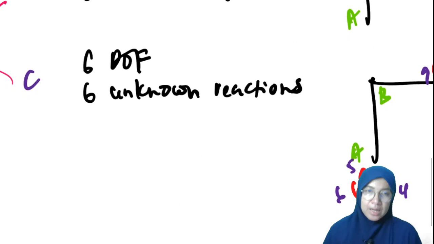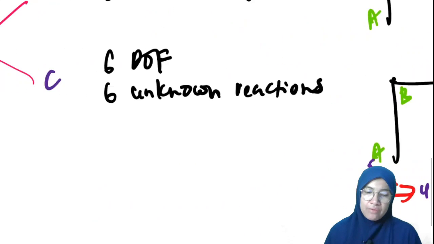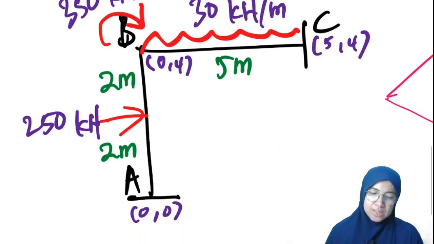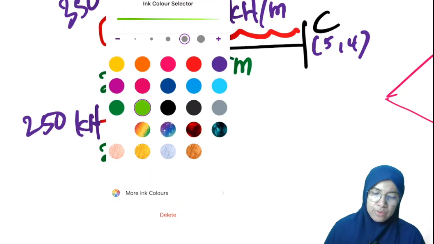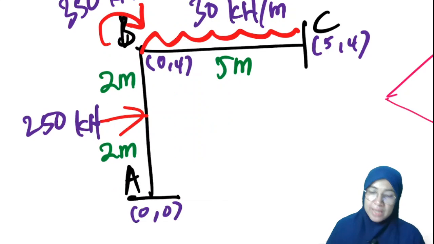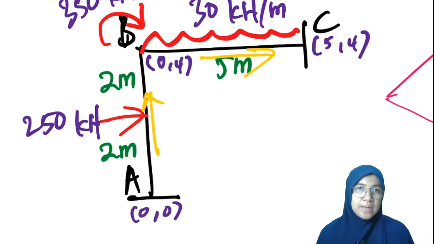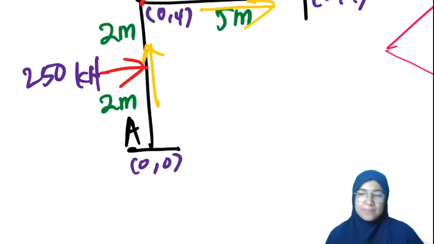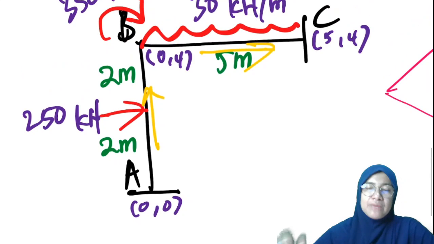So after we have determined and labeled the degrees of freedom, we go back to the structure. We go back to this. So we can actually put the arrow, because it has a combination of EA and EI, right? So arrow. Okay, the arrow, the coordinate have been put. So what we need to do next is, okay, in this frame analysis, actually in frame there are 2